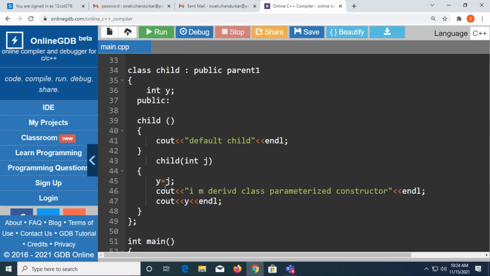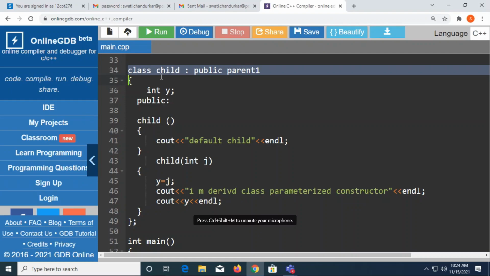मतलब यहाँ से जब आपका कंट्रोल डिफॉल्ट यहाँ पे आएगा तो कंपाइलर डिफॉल्ट कंस्ट्रक्टर को कॉल करेगा, बिकॉज कंपाइलर हैज एन डेफिनेशन फॉर इट. Compiler can call a default constructor of my parent class. Compiler can call a default constructor of my derived class by or through the object of my derived class. But compiler cannot directly access the parent class parameterized constructor through the object of child class.